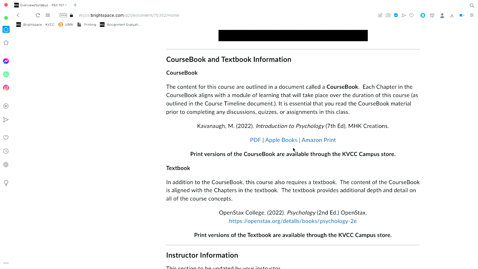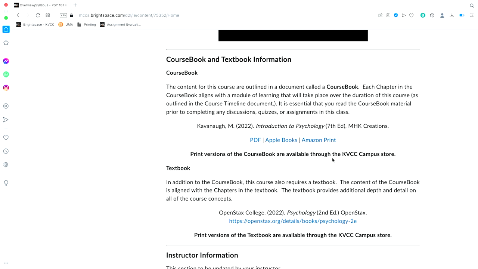Now, to access the course book, you can download a free PDF. If you have an iPad, an iPhone, or an Apple computer, you can go to Apple Books and buy an Apple version for $4.99. You can go to Amazon Print and purchase a print version for, I think, $29, or you can go to the bookstore and get a print version.